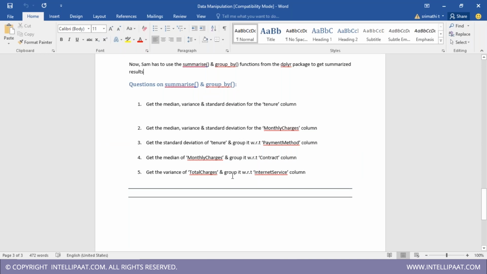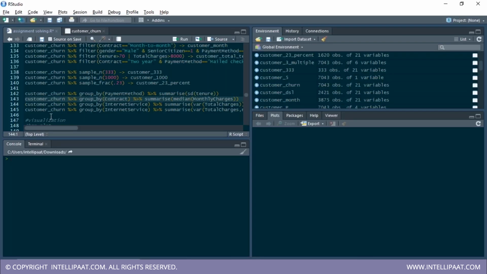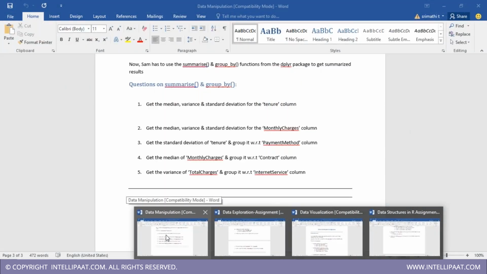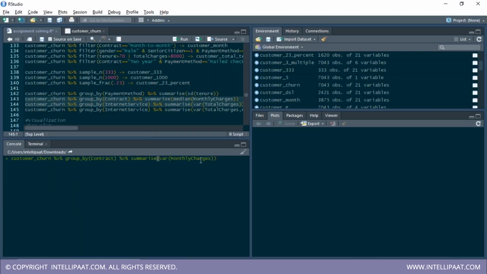And then finally, we want the variance of total charges with respect to internet service. Let's do that. All right. So I want the variance of monthly charges over here with respect to internet service. Was it? No, so that was variance of total charges with respect to internet service. So let me just change it to total charges over here. And then I need to group it with respect to